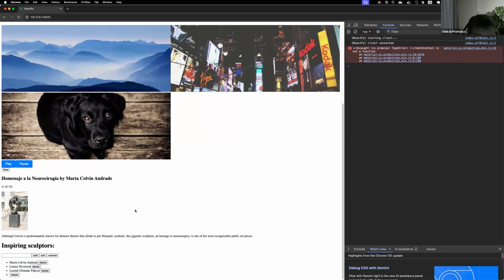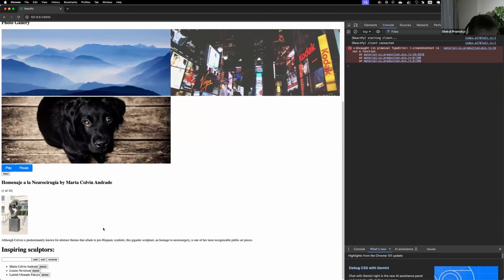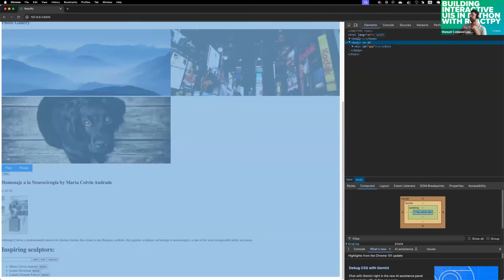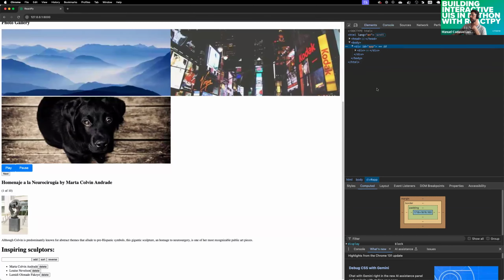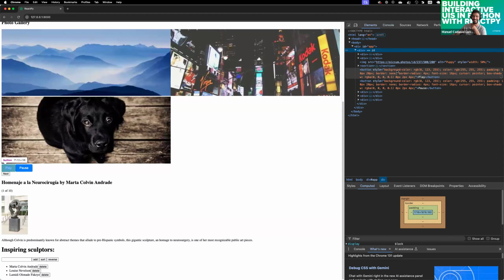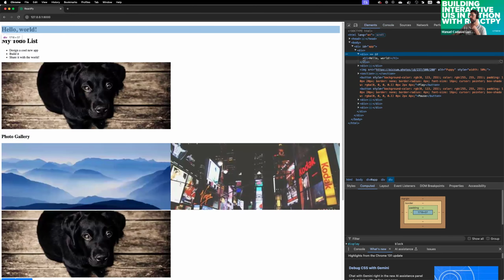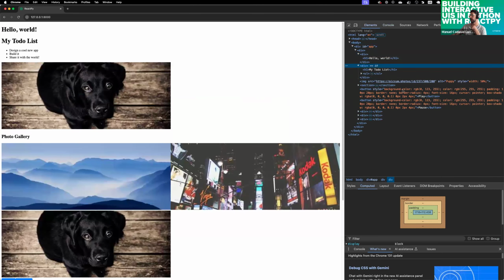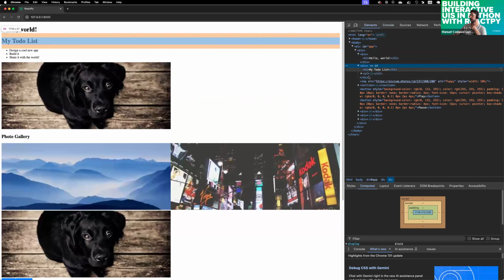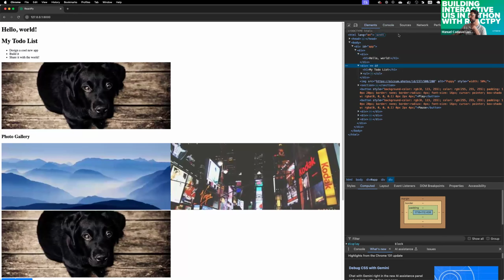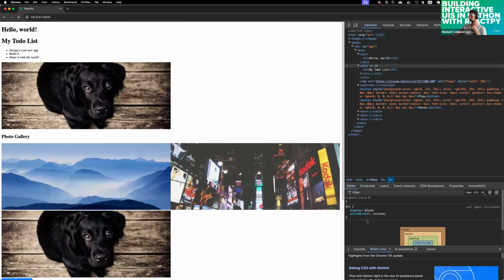Any comment? What do the files look like which browser receives? It's like one JS, one CSS, one HTML file as in React. Yeah, so it receives just one HTML with a lot of divs. So we have here the first div is for the hello world. And inside that div, we have the H1 element. Then we have the my to-do list inside another div. In terms of CSS or styled,